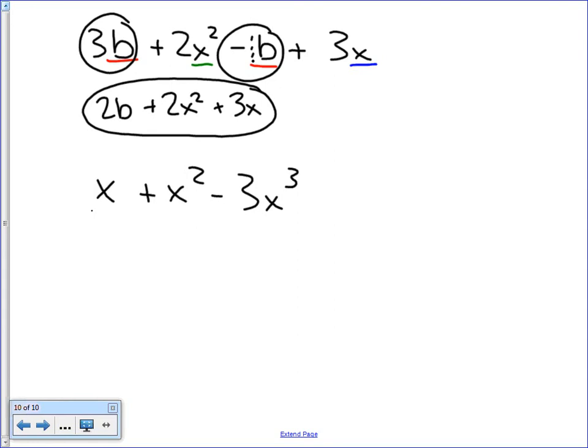And the last one. So I have an x squared, and an x to the third. Can I simplify that? They're all different, aren't they? One's an x squared, one's an x to the third. So that is already as simplified as it can be. And we will just leave that as